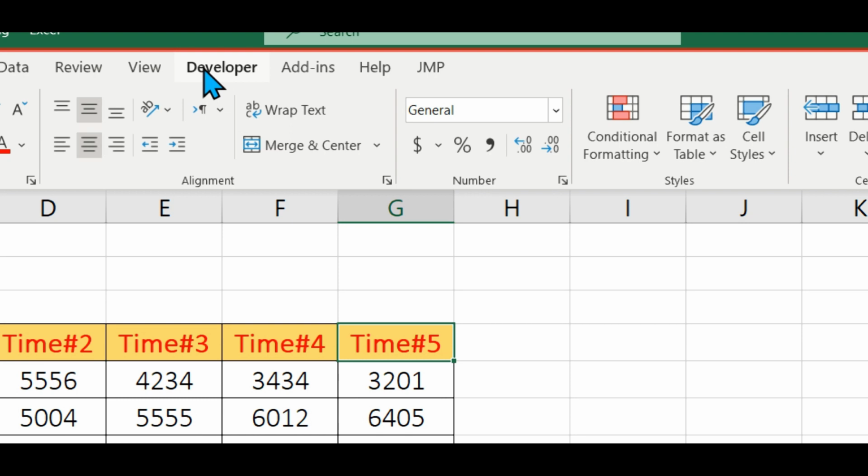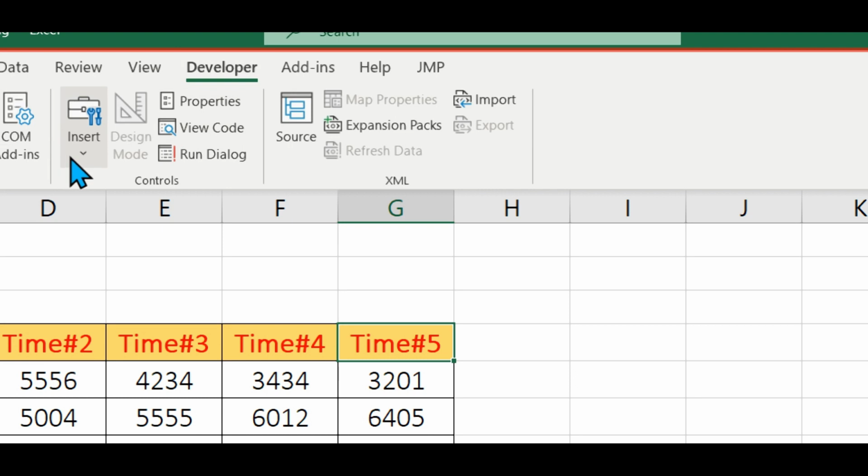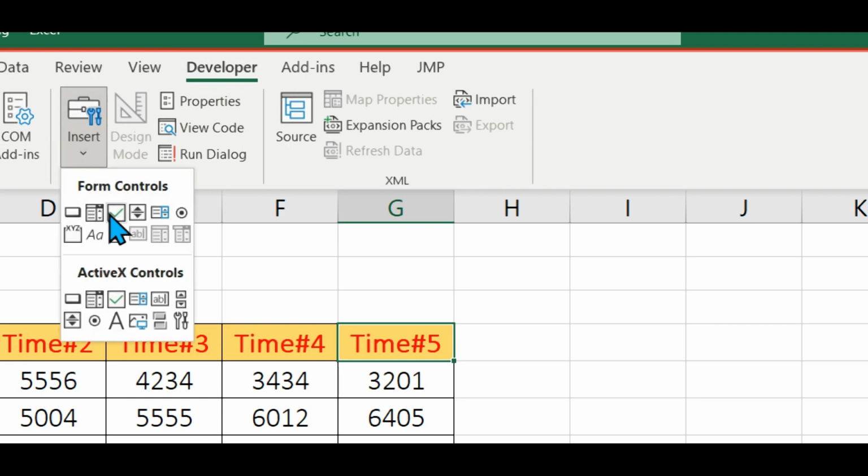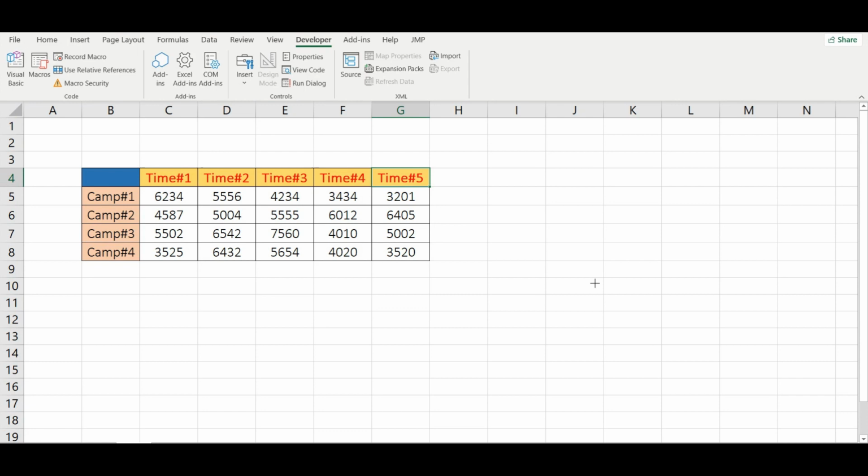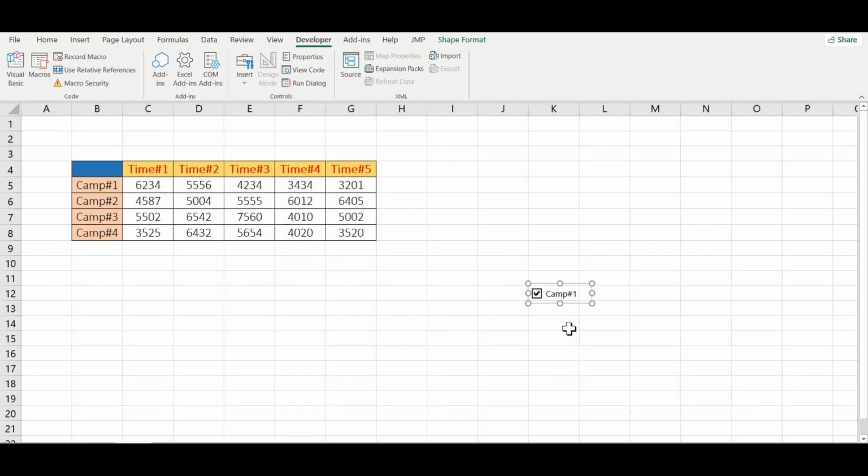As a first step, we need to insert a checkbox with which we can change the status of our diagram. We click on checkbox here, and as you can see, there's a checkbox. Since we need a checkbox for each campaign, let's edit the name of this checkbox by right clicking on it. Here we can change the name to camp 1,